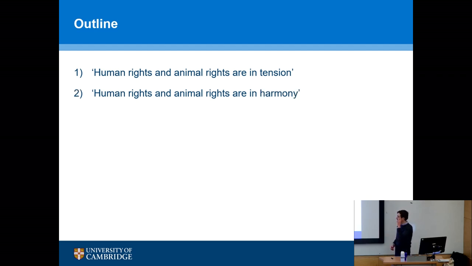Then there's the opposing view that basically says, oh, no need to worry, human rights and animal rights are perfectly compatible. There's a neat harmony here. So there's no problem. Let's go for animal rights, and they're going to also support human rights. After looking at these two positions, we'll consider some more practical ways forward that are perhaps a bit more nuanced, that try to find a middle ground between these two extreme views. And as always, we will conclude with a few more general remarks.